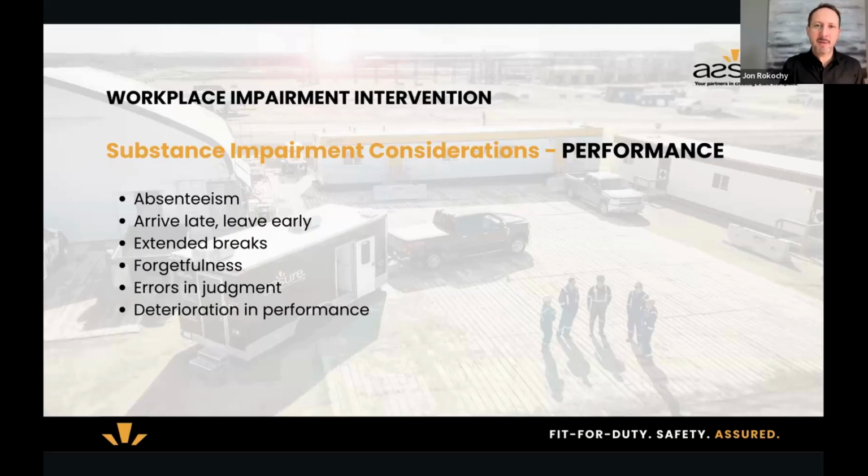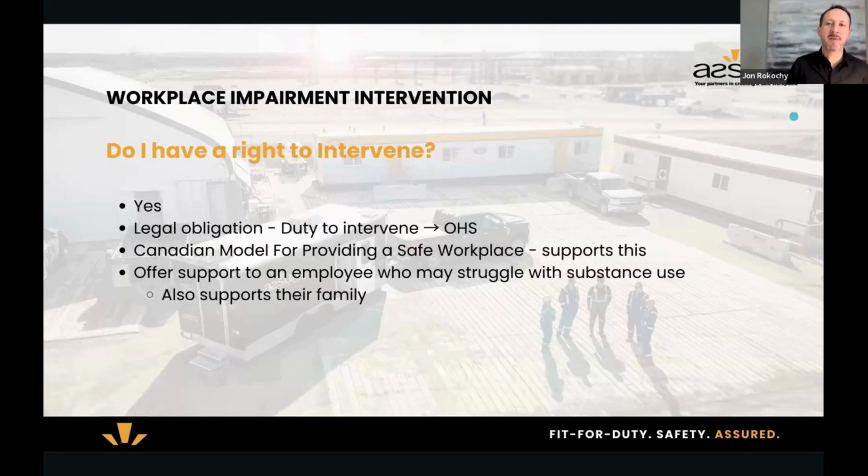So some things to keep in mind for you and your management team. Another question for us is, do I have the right to intervene? This speaks to the uncomfortableness of intervening and wanting to be sure, is this appropriate for me? I don't want to step too far. I don't want to make a request and then this comes back on me, where it wasn't appropriate for me as the manager to request that. I took that was a step too far. So do I have a right?